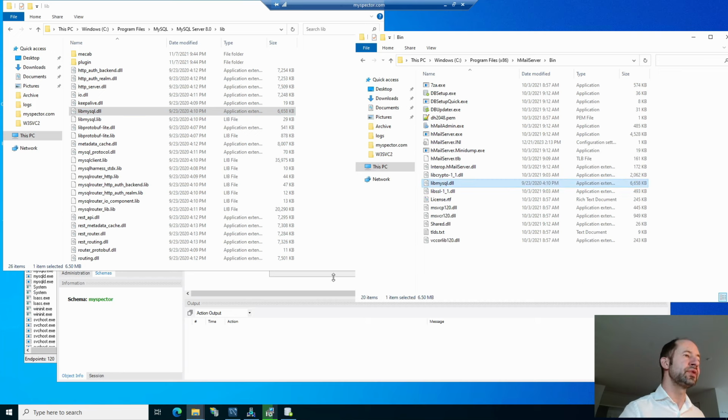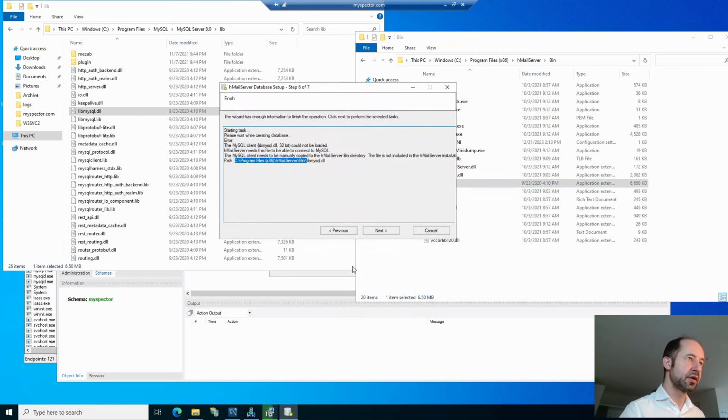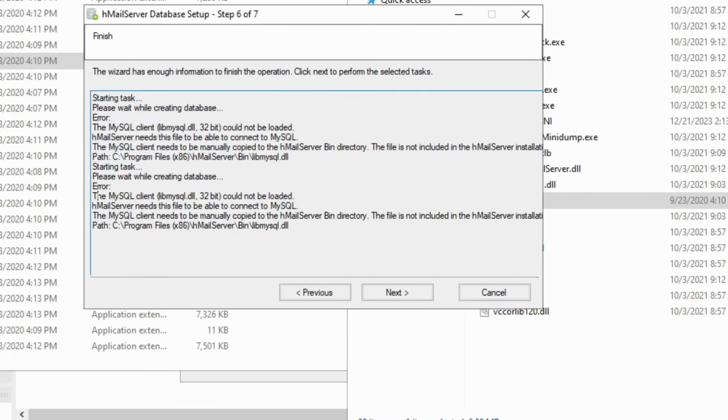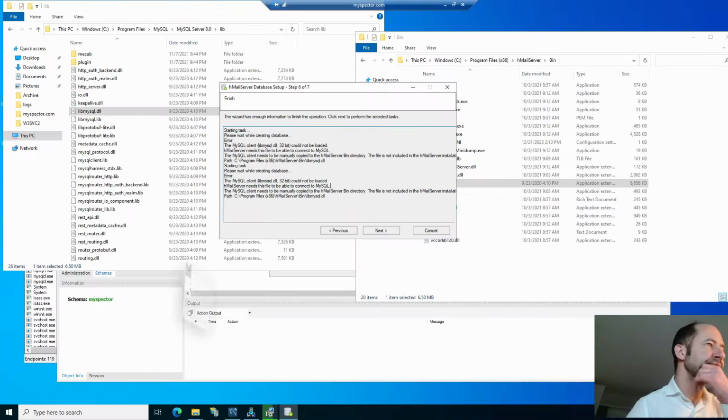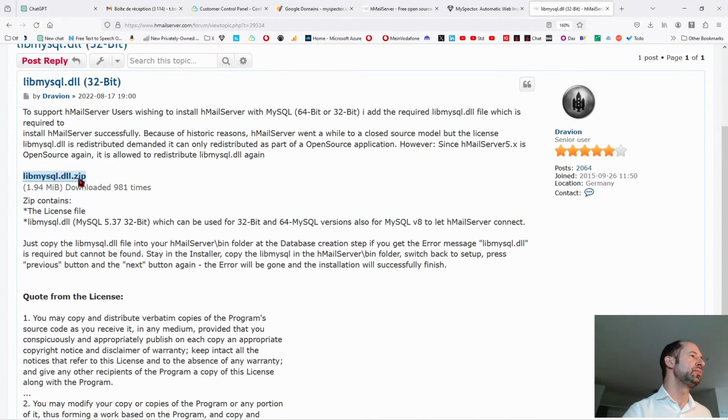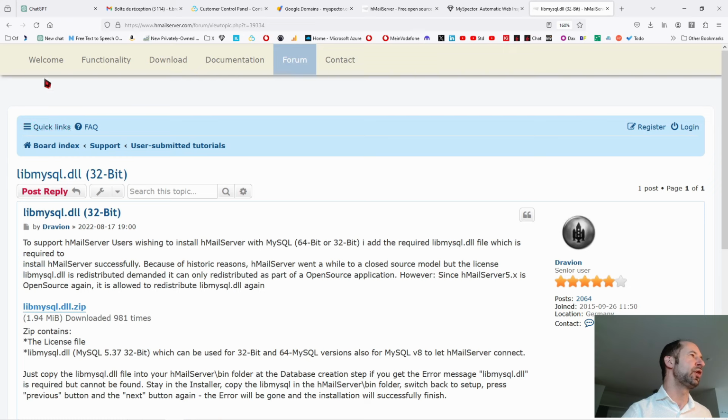The libmysql DLL is copied. Let's click next. On the MySQL client, libmysql could not be loaded. Nice. And you see in this forum, I have found a post with libmysql. This is a forum linked to the hMailServer website.